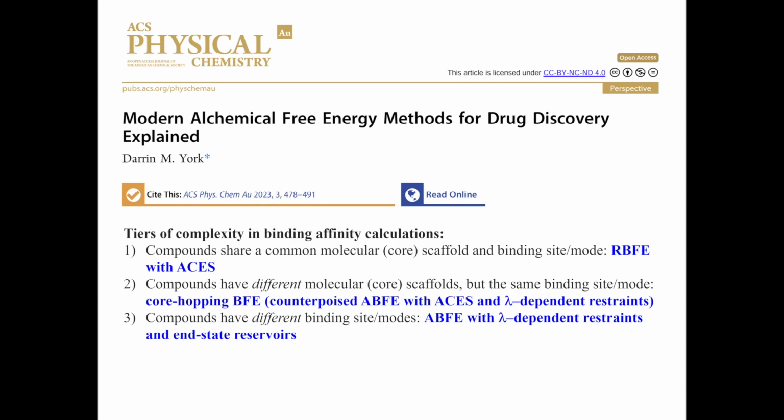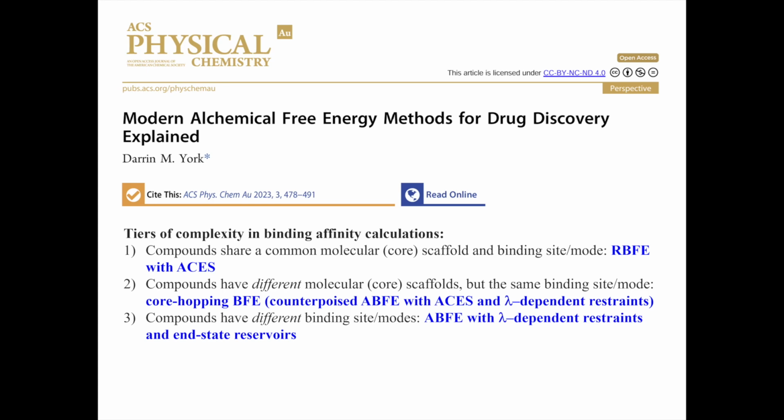And so when you have a congeneric series of ligands that only differ by small functional groups, you can do relative binding free energy. But relative binding free energy calculations really require that, other than the functional group, the scaffold still maintains the same binding mode to the protein. If it changes and all of a sudden comes over here, then this won't work, because essentially what you'd be doing is making one thing disappear over here and another thing appear over there, and that will introduce complexities. So if you have compounds that have different molecular scaffolds, but still occupy... what I really mean by molecular scaffold is more or less that for the scaffold, there's a direct atom to atom mapping.